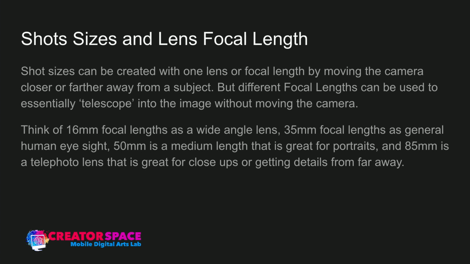We can take any lens. I can take any lens. I can move this camera. I can come closer. I can come further away, right? We can get different shot sizes like that. That's one way to get shot sizes. The other thing is I can keep the camera right where it is and change the types of lenses and get different shot sizes. And that's really the goal of digital cinematography, is to try to use these focal lengths